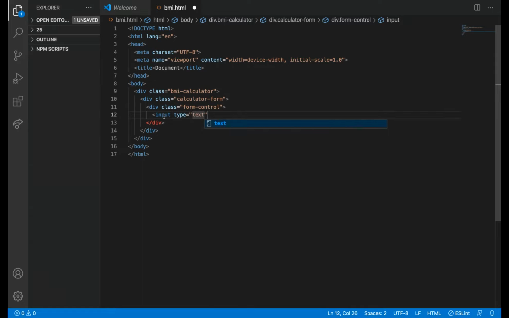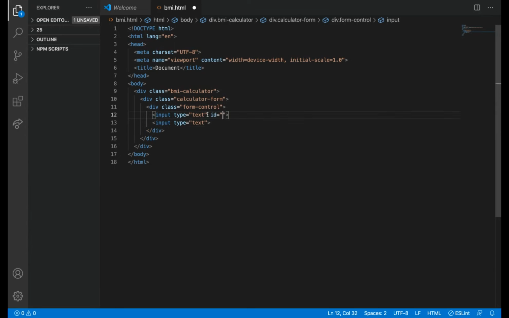I have already told you about the number type, check how it will work. I'll show again.